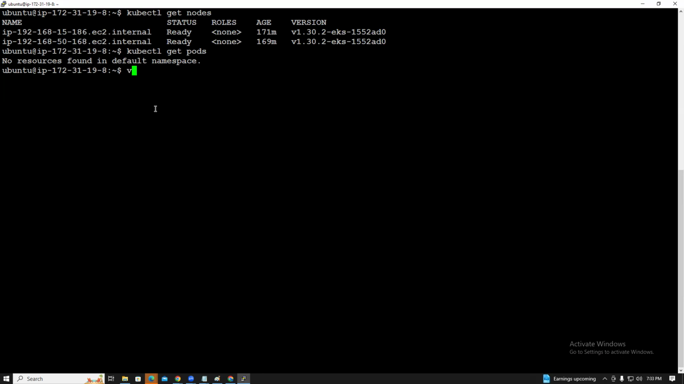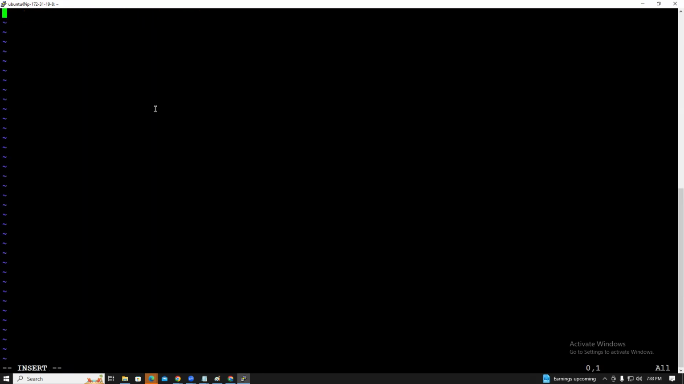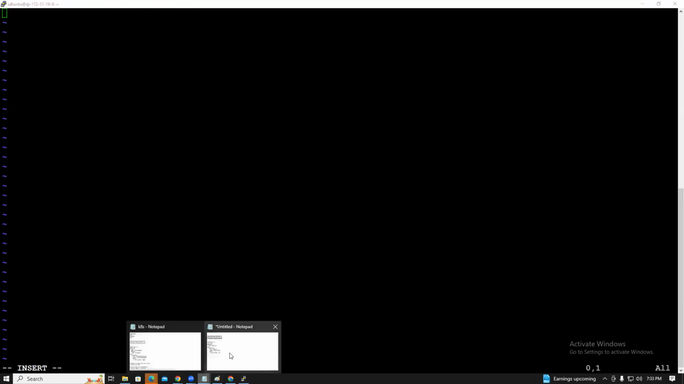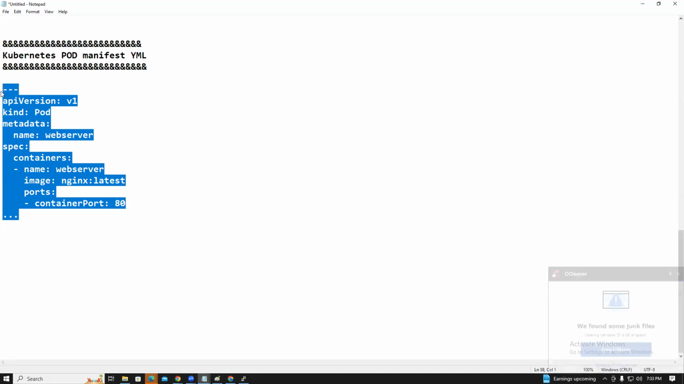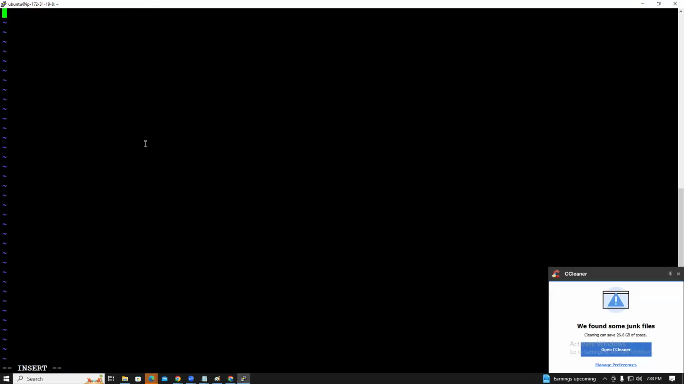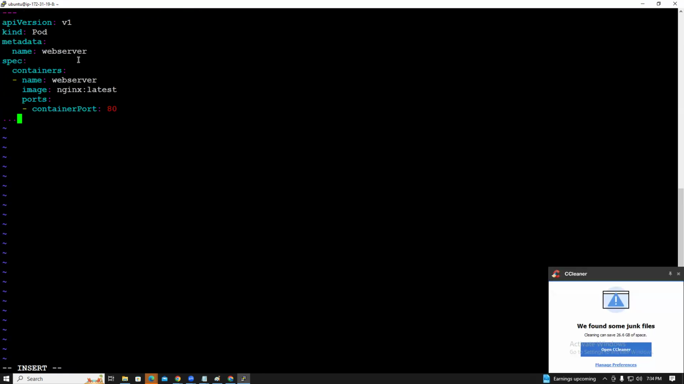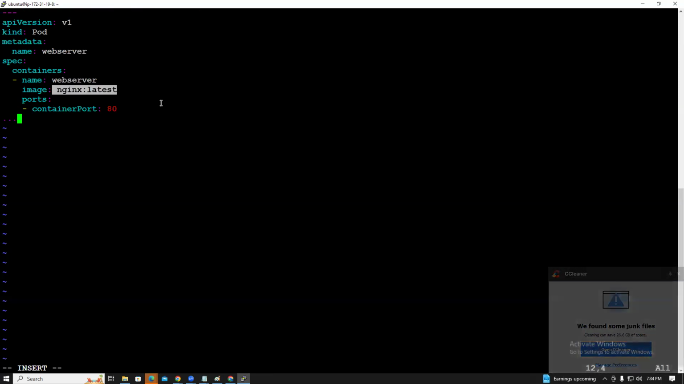So now I am creating a file called simple pod.yaml, in which I'm creating a simple pod. So what is this? apiVersion v1, kind equal to Pod. I am trying to create a pod. So metadata name web server, spec containers, name equal to web server, image equal to